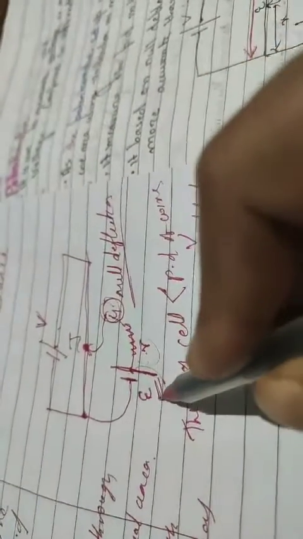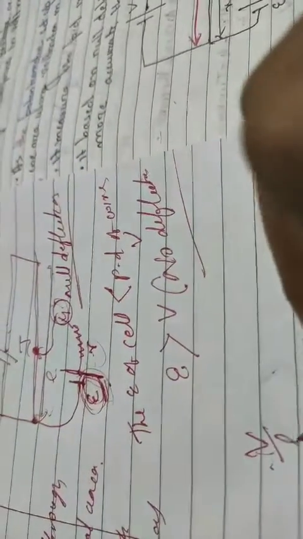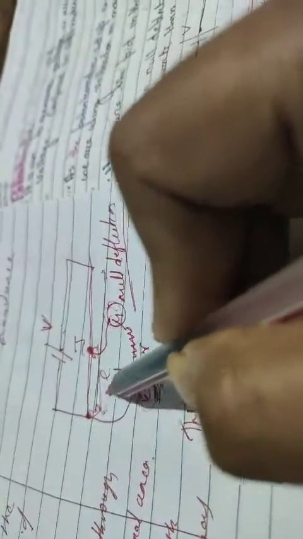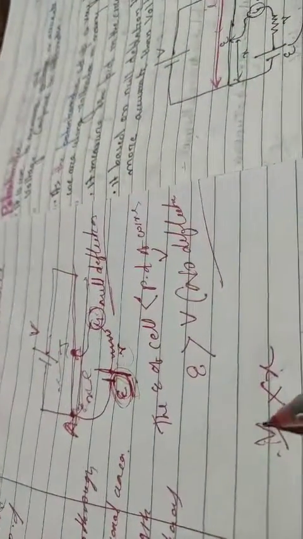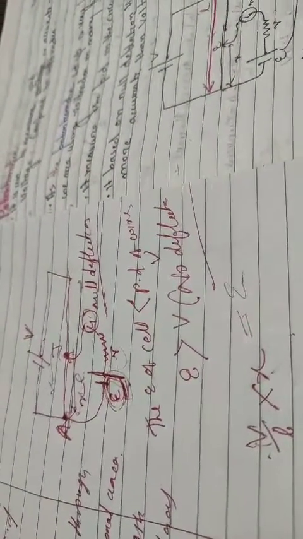Now let us check it out. The formula is simple. My aim is to find out the EMF of this cell. How can I find it? Suppose the length of the wire is L. So the formula is very simple: E = V/L × X. What is X, students? The distance where it shows a null deflection. This is the position, suppose AJ. So AJ is considered as X. So V/L × X is equal to your EMF, or you can write the potential difference of the wire over the potential difference of the cell is equal to the length of the wire over the null deflection length shown by the wire.